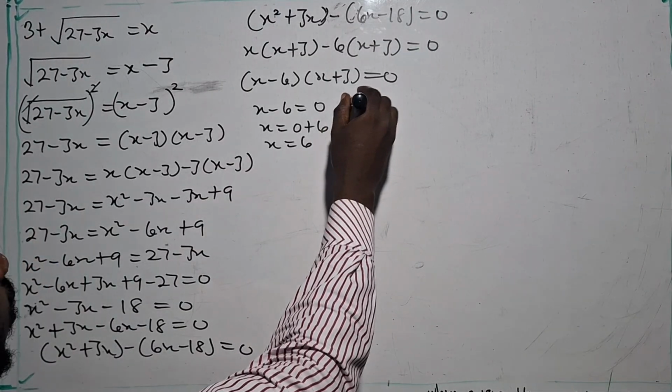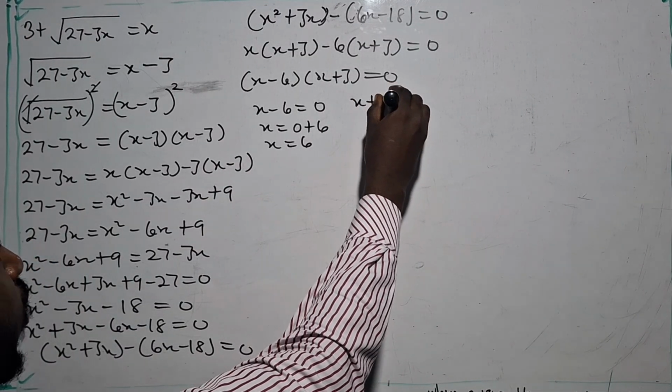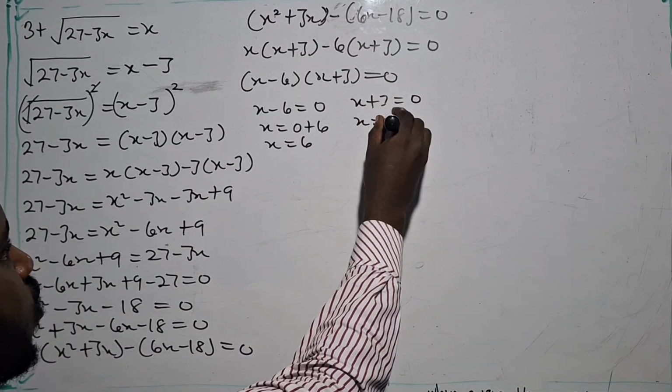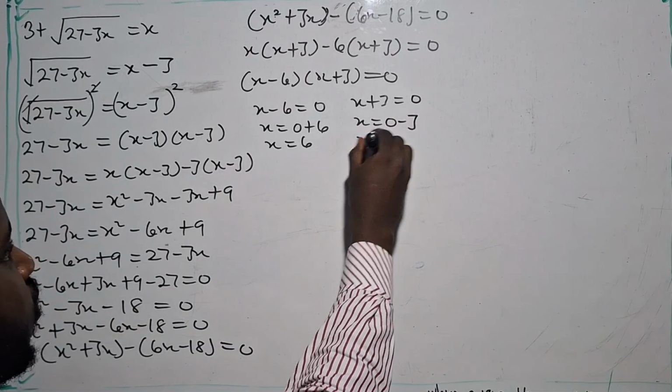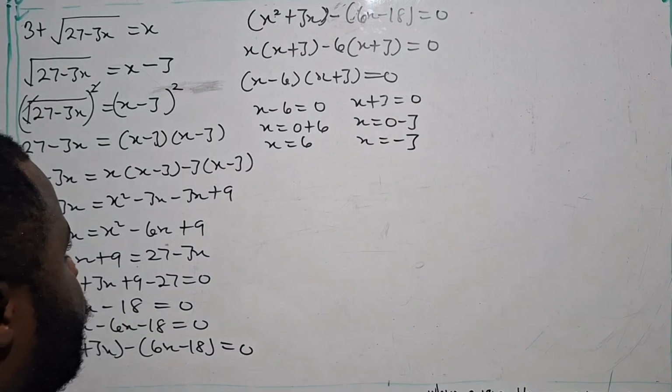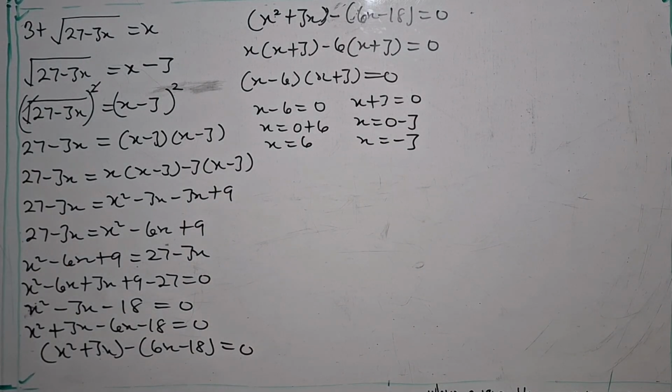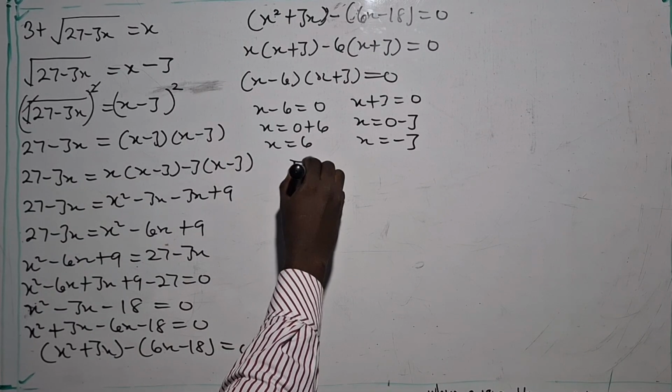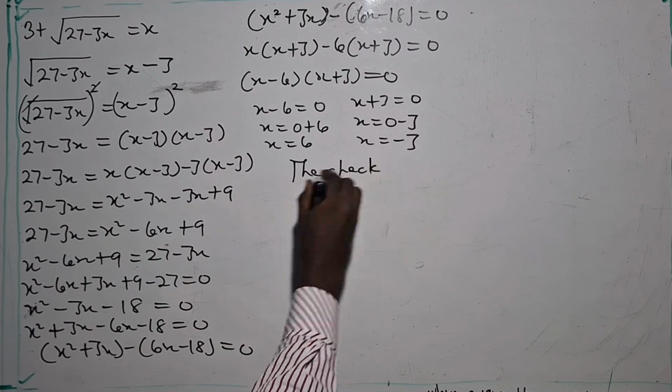Yes, there's the first value. Then I have x plus 3 is equal to 0. X is equal to 0 minus 3. So x is equal to negative 3. So I've gotten two values. So we have to do the checking to find the correct solution set. So with the check,